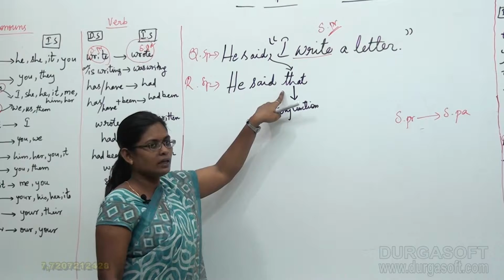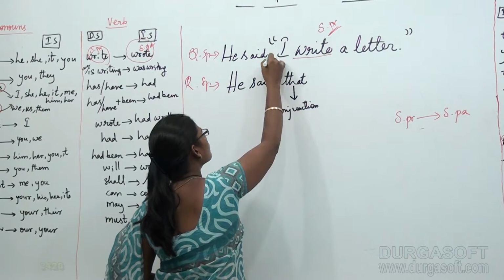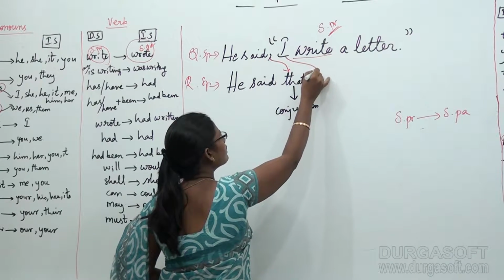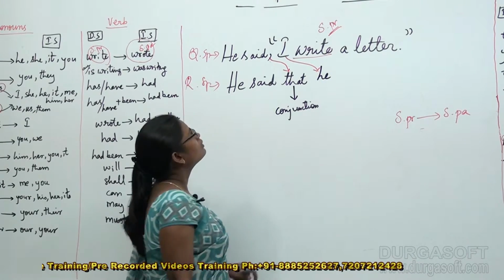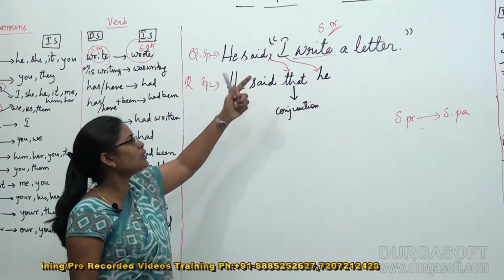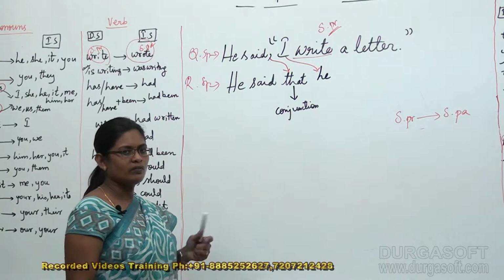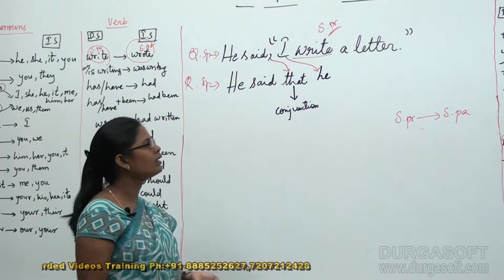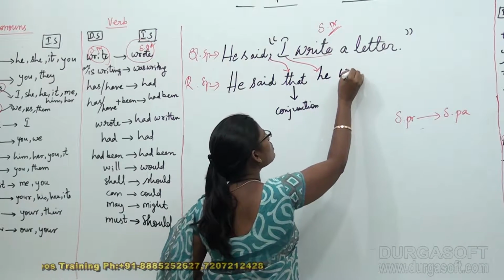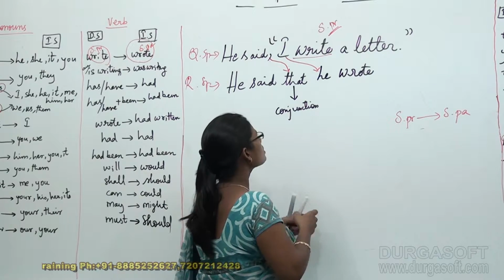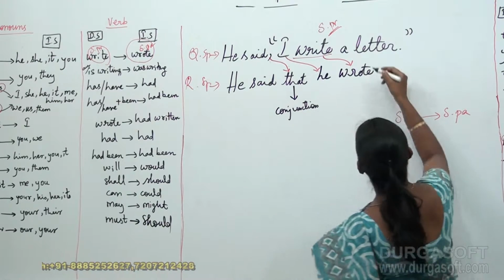He said that. Now what about "I"? I got converted into "he" because he already mentioned it depends upon us. If you think that person is a lady, you go for "she". If you think the person is a gent, you go for "he". He wrote, this is "wrote" as it is, a letter,